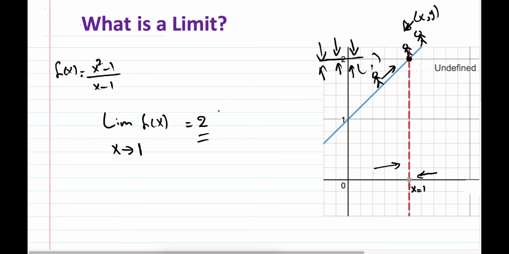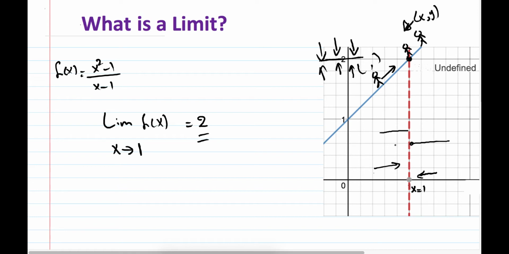We have a condition for a limit to exist. Here, for example, as I approach x from the right and from the left, my y values get closer and closer to 2. But if you approach your x value from the right, you get a particular value, suppose a, and when you approach x from the left, you get a particular value, suppose b. If these two values are not equal, then you don't have a limit. So for example, if I have a function like that,